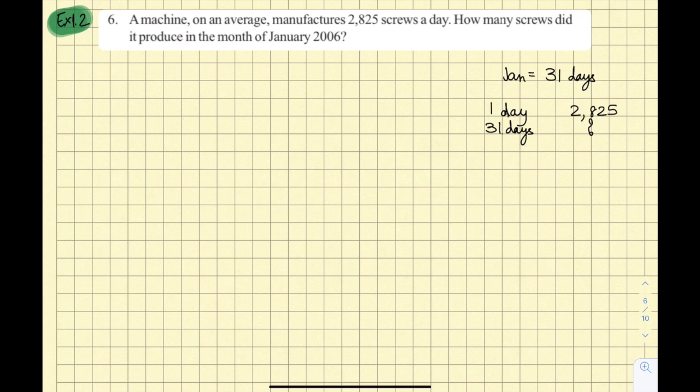Otherwise, there is one more idea. One day is 2825. We do not know for 31 days, so we just do cross multiplication. When we do cross multiplication, you will see 31 is getting multiplied with 2825. So this is multiplication, and ultimately in place of the question mark you have 1, so that is divided by 1. So detailed information is given for 1, we need to find out for many.